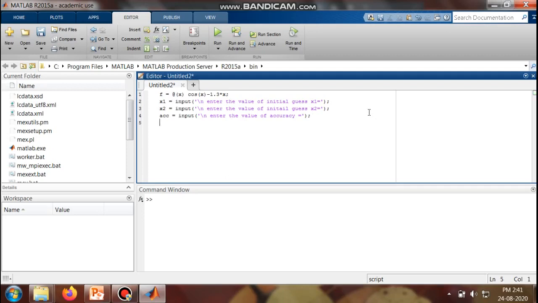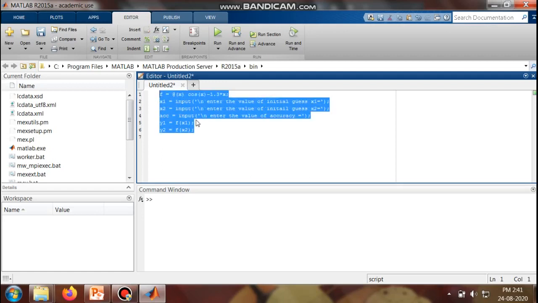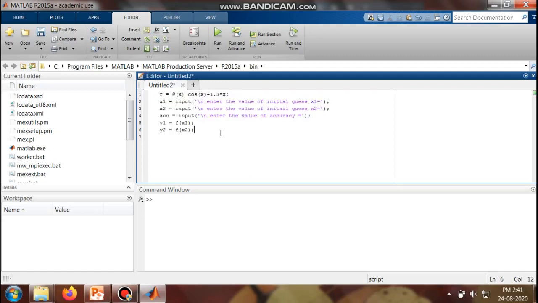Now go to the next line. Here we have to find the values of the respective functions, that is y1 is equal to f of x1, terminate the statement, and y2 is equal to f of x2. Don't forget to terminate the sentence, otherwise the output of each step will be displayed and your command window will be filled with many results for each iteration.